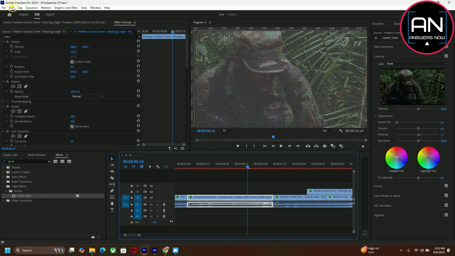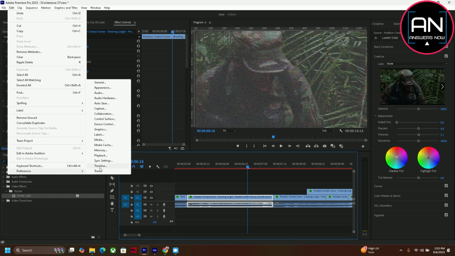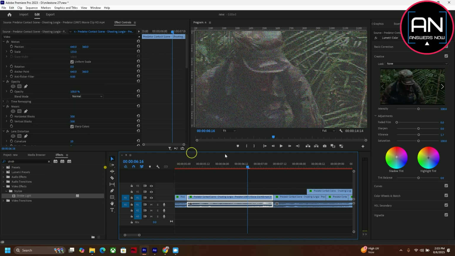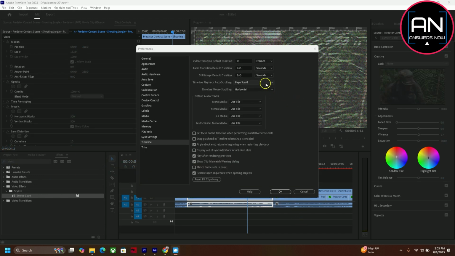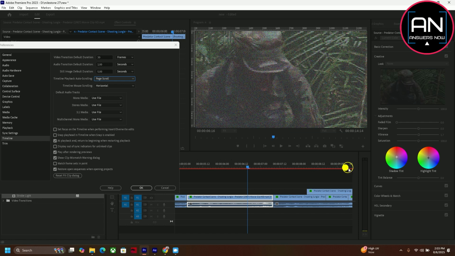So if you go over to File and then go for Preferences and then Timeline, typically you are on Page Scroll. So Page Scroll is when you press play and towards the end of the timeline here, it will basically jump your playhead to the beginning towards the left, and sometimes it's hard to keep track of what's going on